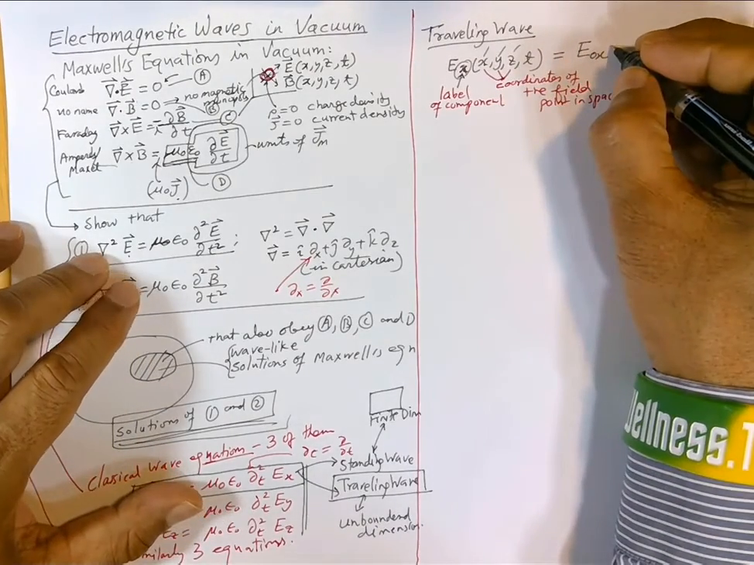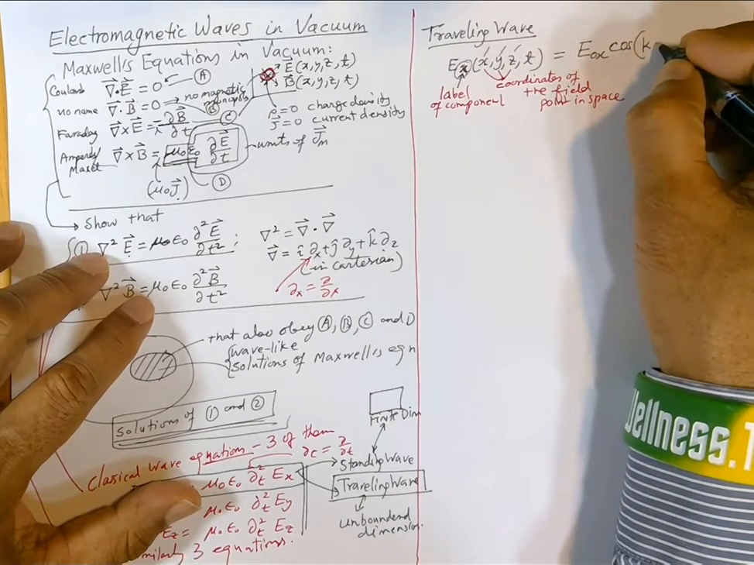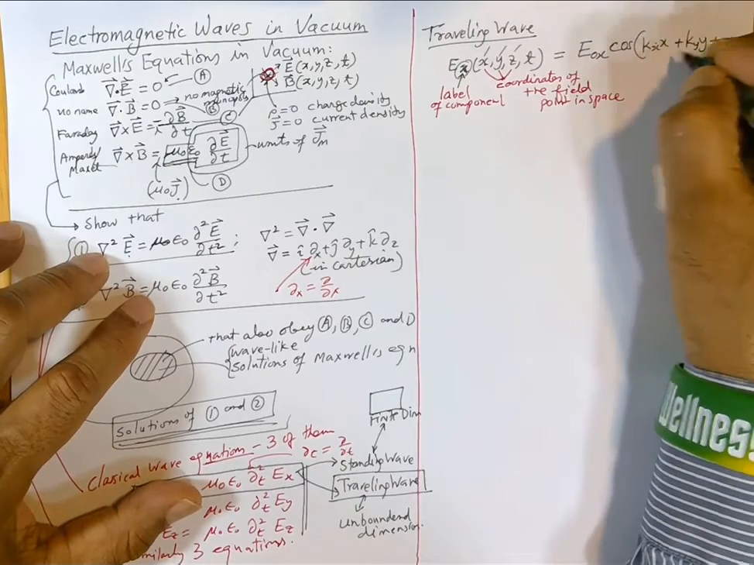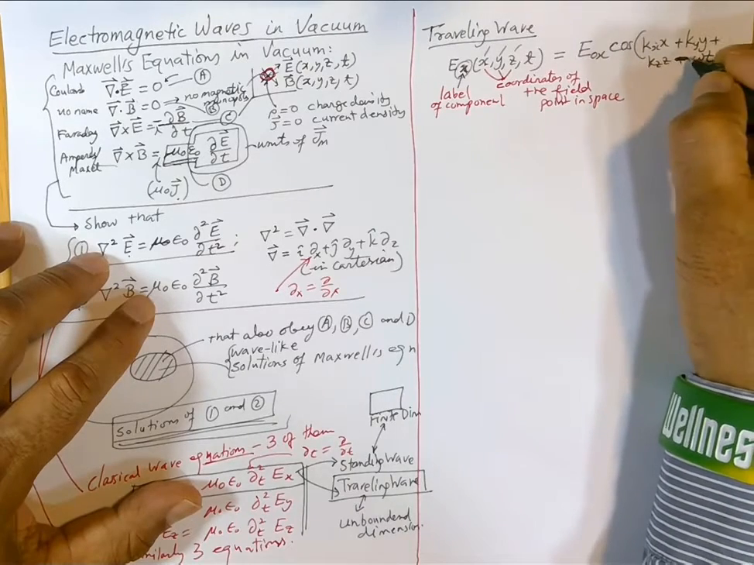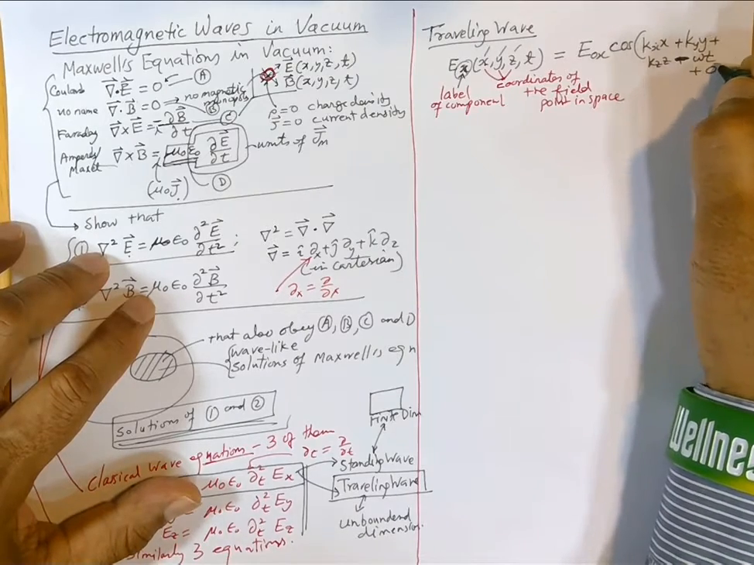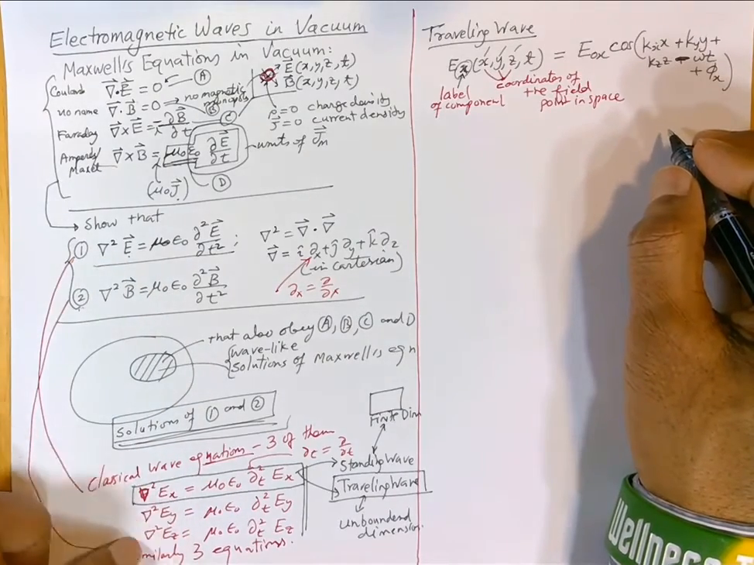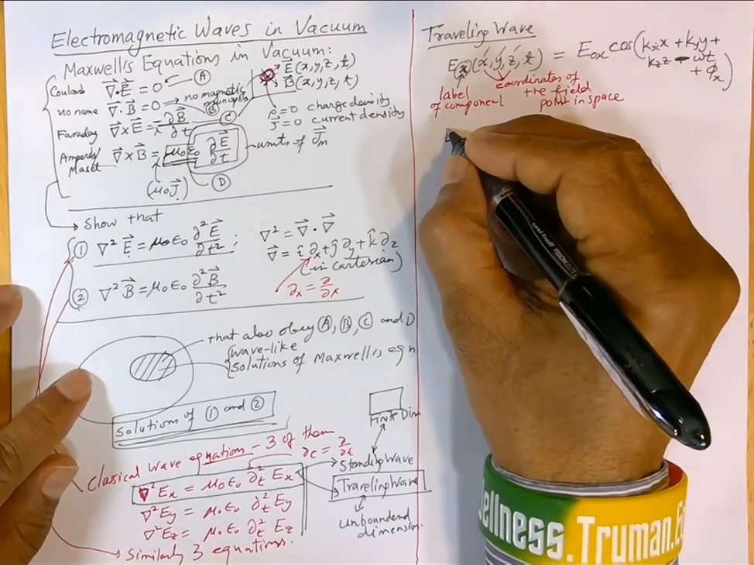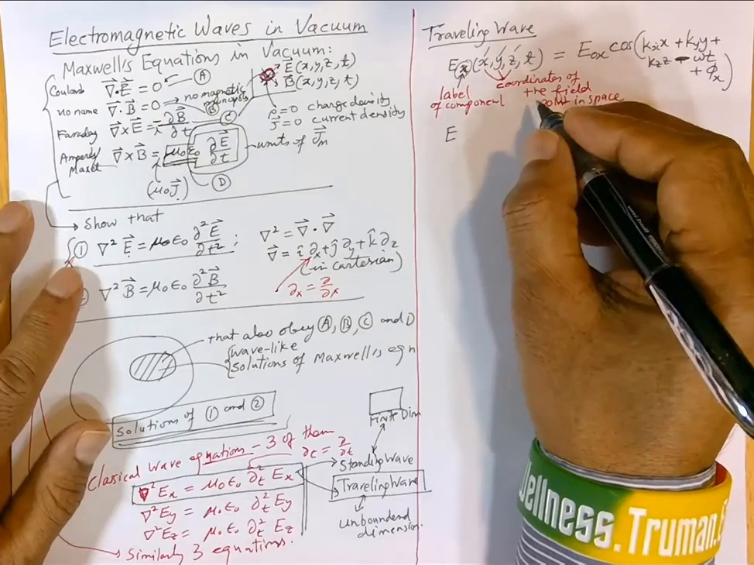Okay, so this will look like E0x cosine of kx x plus ky y plus kz z minus omega t, plus phi x. So this is a wave. So there are 3 waves here. So this is one of the waves. So if I want to write all 3 waves,